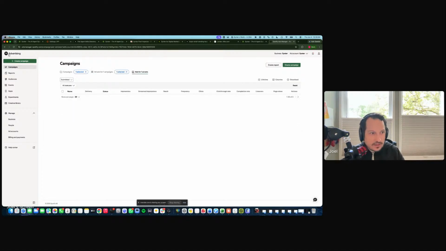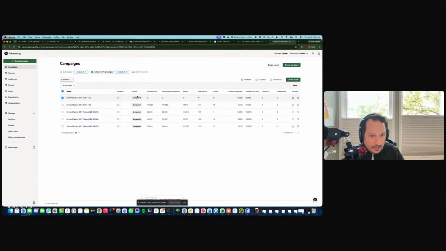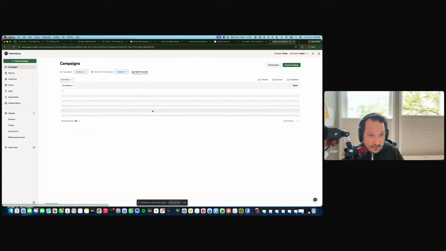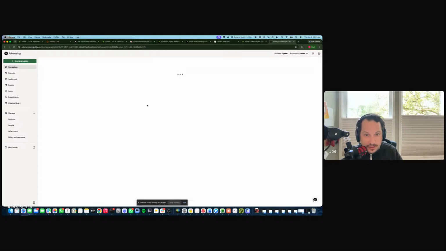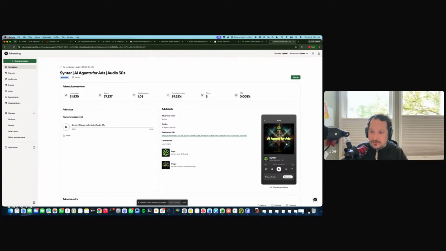Oh, this one doesn't have it there. All right, go back. Let's find the ads. Should be this one. Center audio. What's cool about Spotify is you can choose your demographics, how often you want it to play, a bunch of really cool stuff. So this is kind of what it looked like for me. I did this kind of psychedelic thing. So you can let me know if you can hear this when I play it really quick. Here we go. Can you hear that,